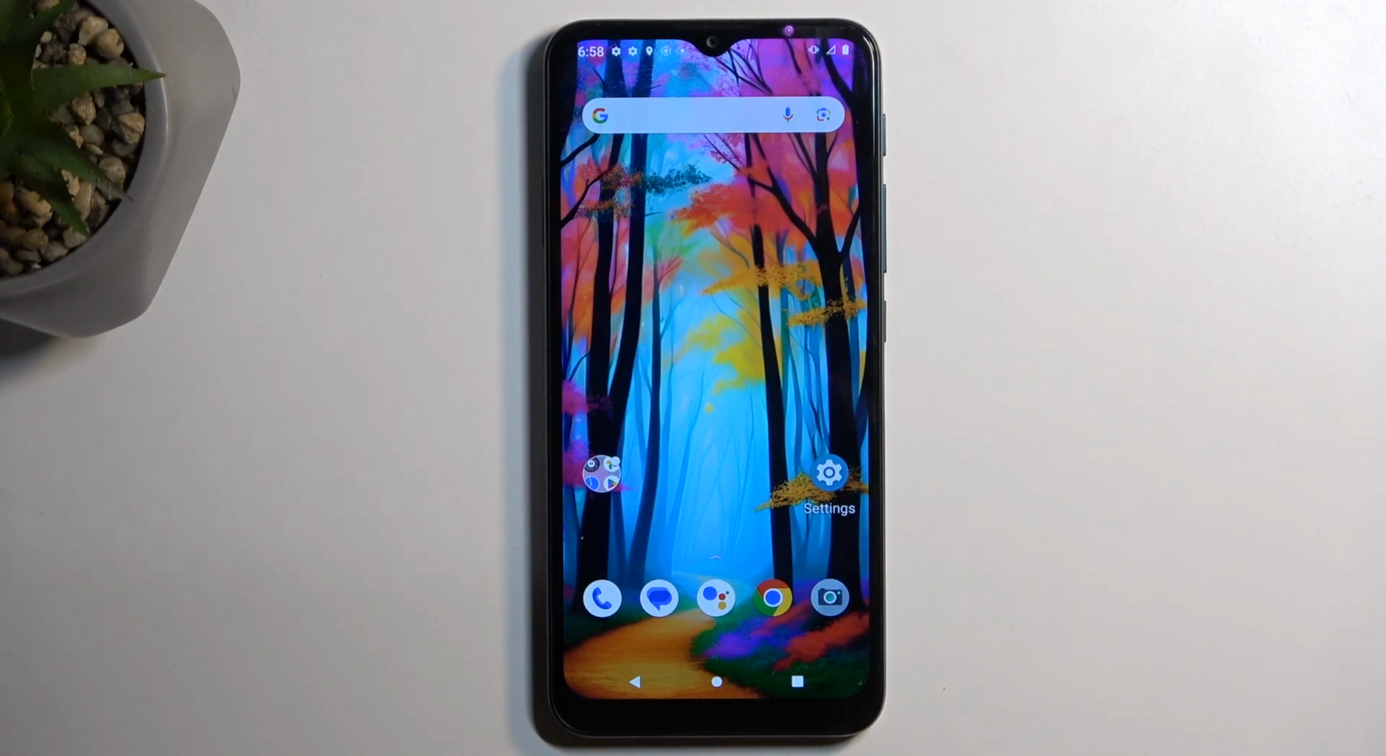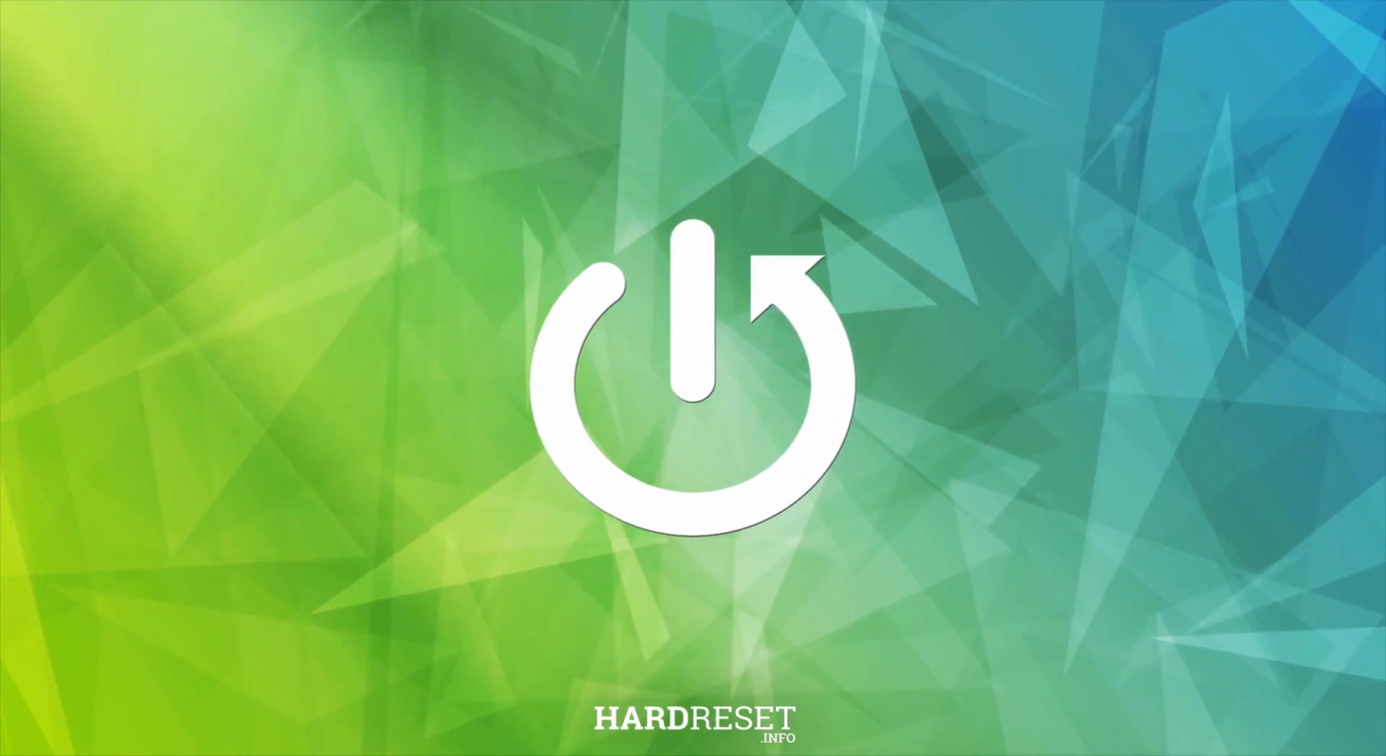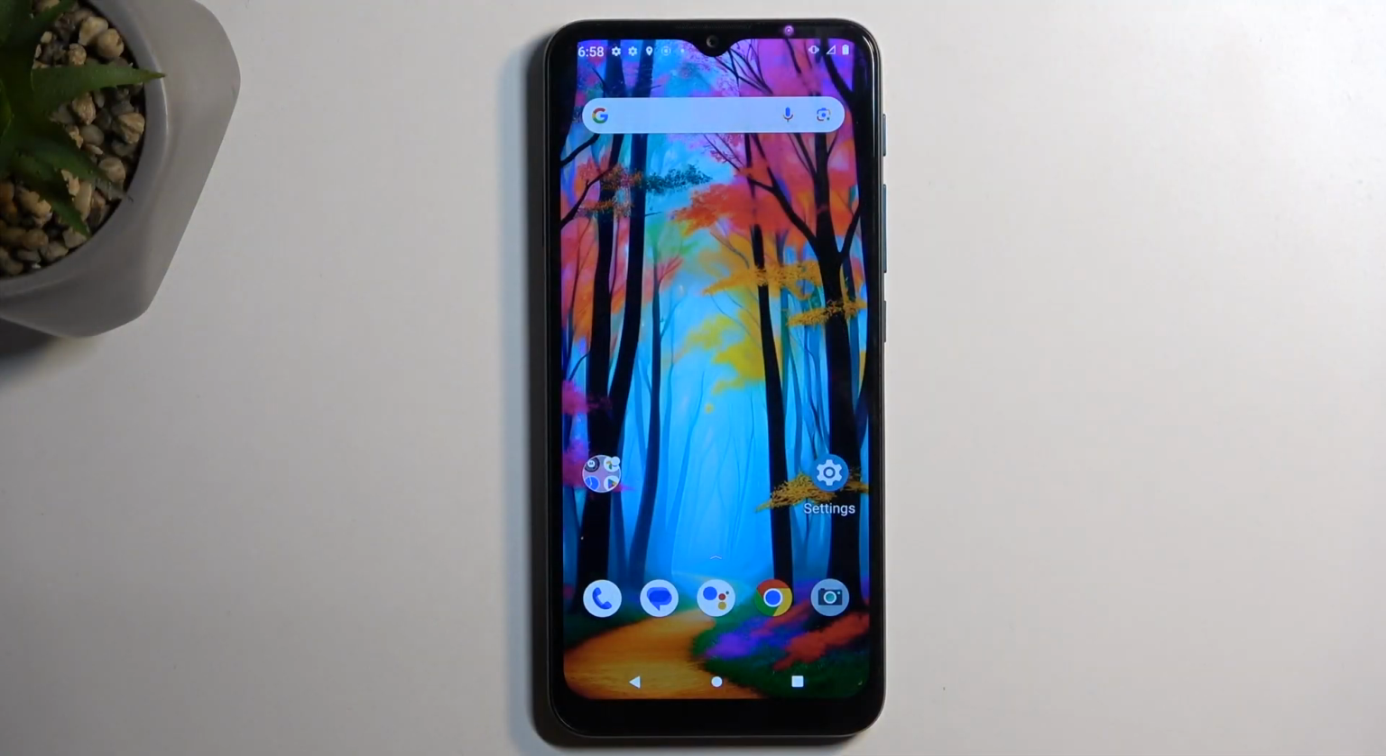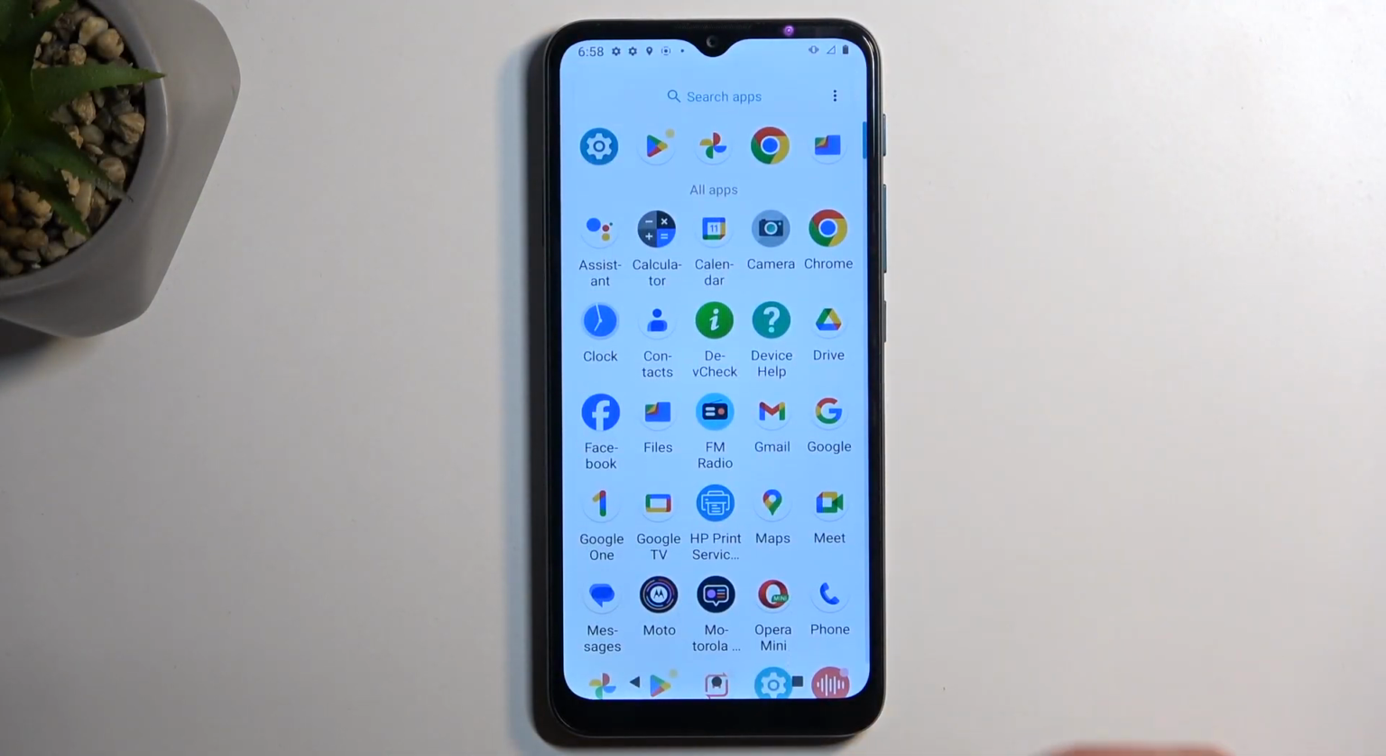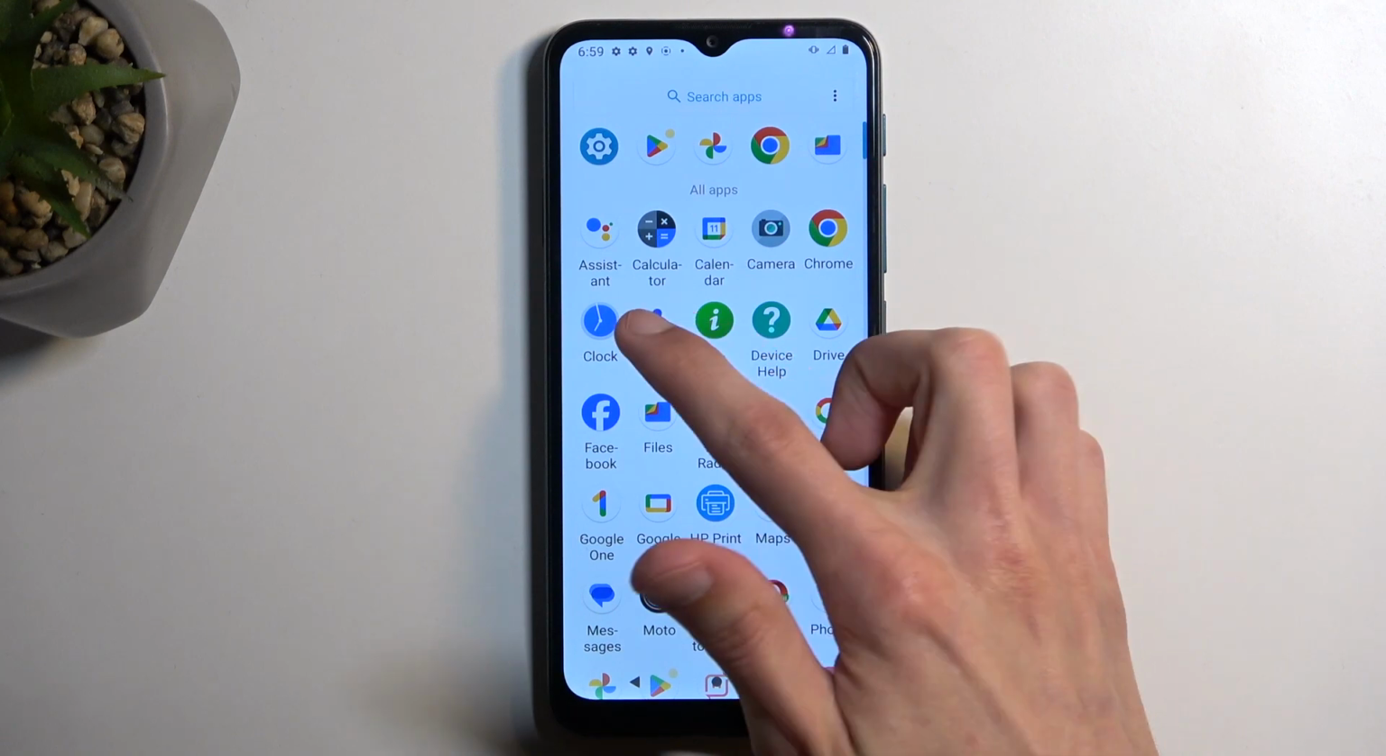Welcome! In front of me is a Motorola Moto G9 Play, and today I will show you how you can copy your contacts from the SIM card to the device. So to get started, you'll want to open up your standalone contacts application, like this one,